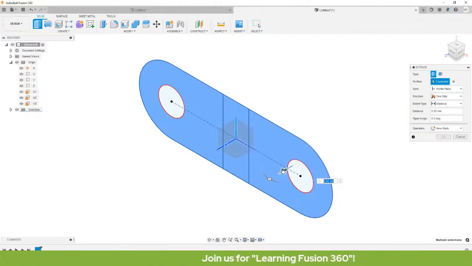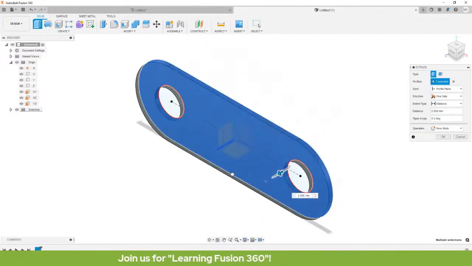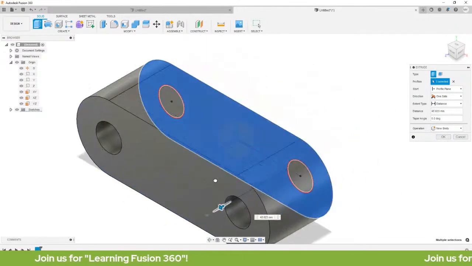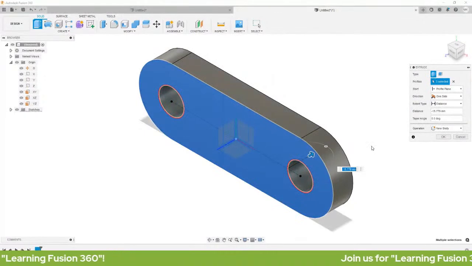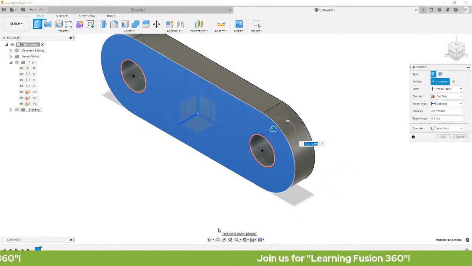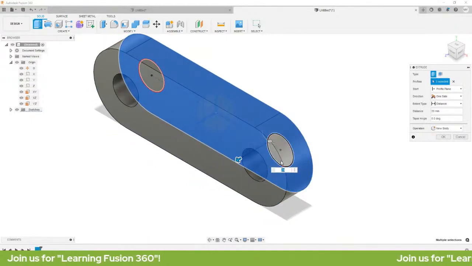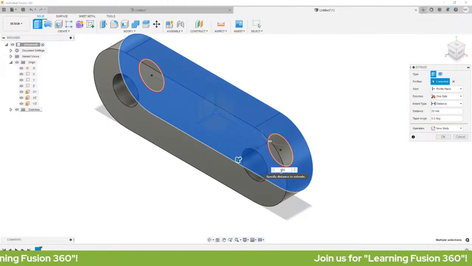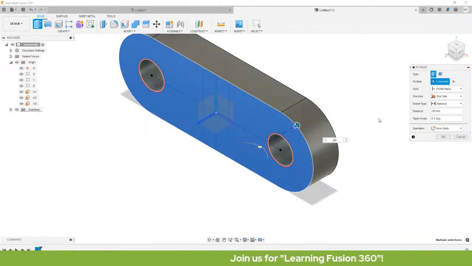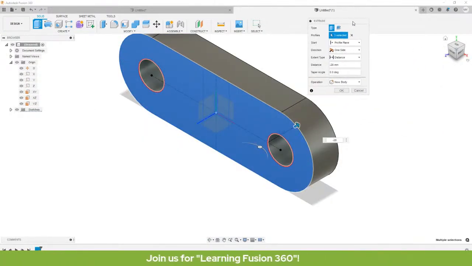Okay? So, ayan, pwede nyong i-drag yung arrow. So, I'd like to input 20. Okay? Let's input -20. Ayan. So, here's our extrude.